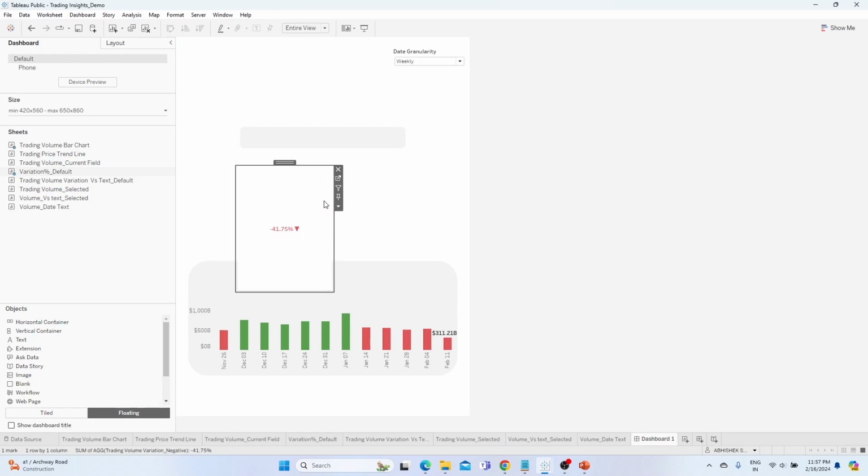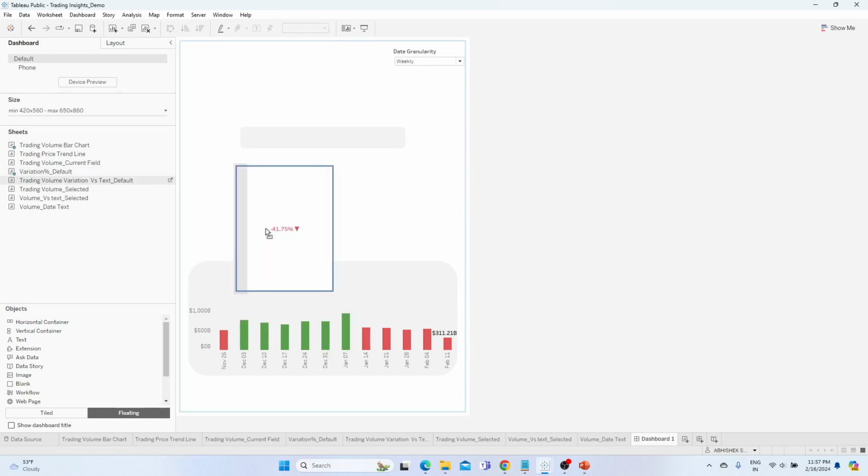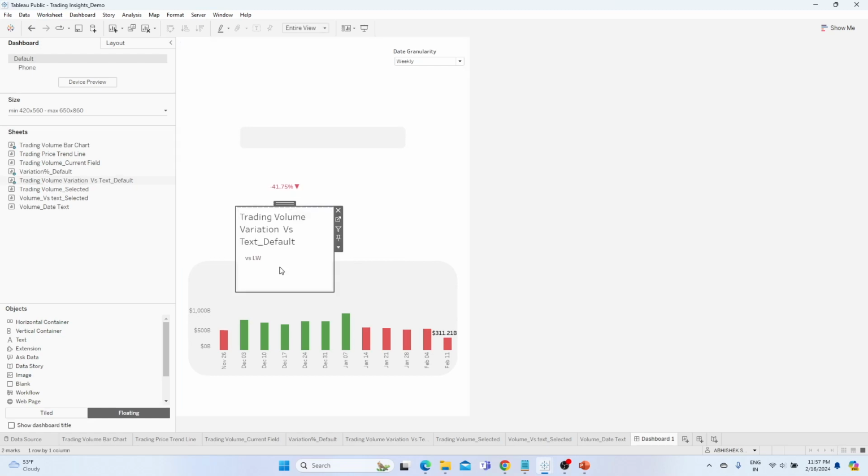Hide the title. Now the second is we want the versus text. So trading volume variation, press shift again, bring it onto the vertical container and leave it there. Hide the title,